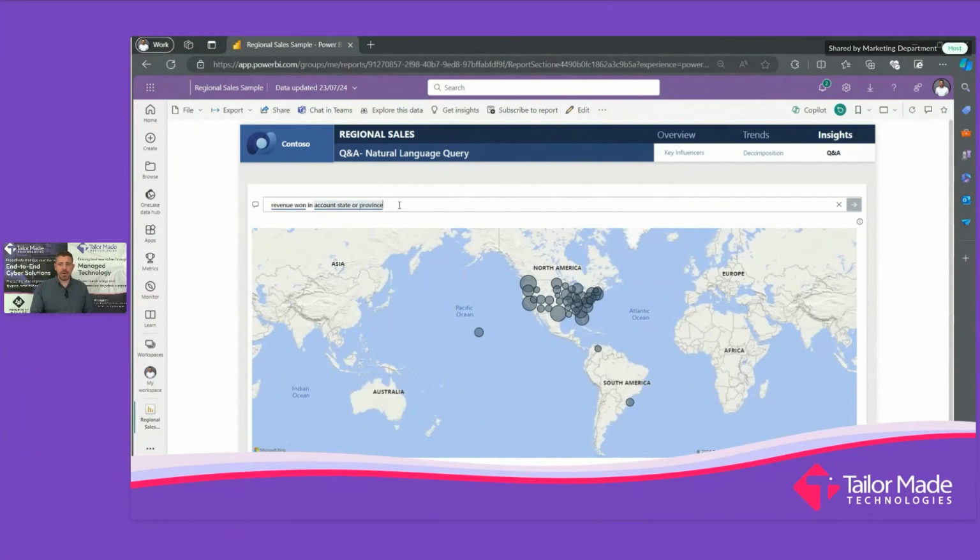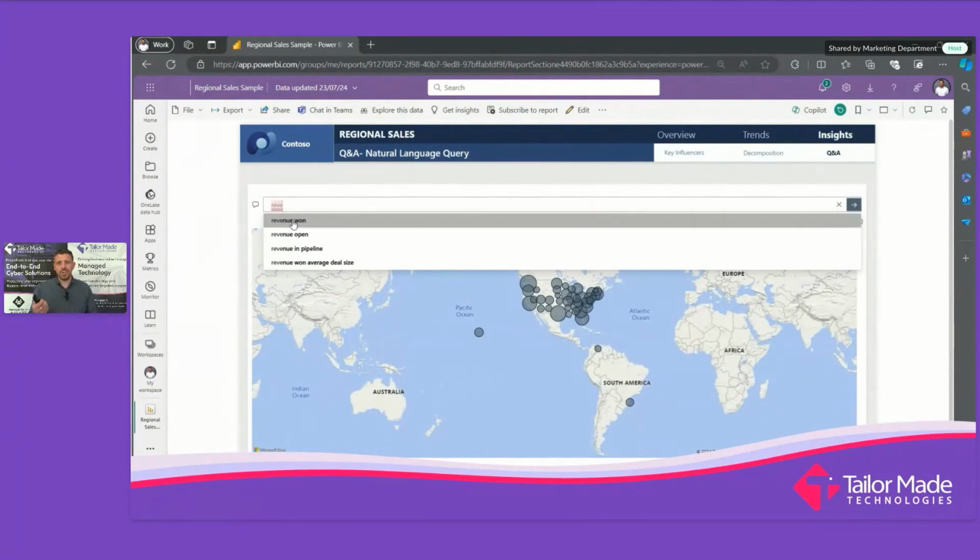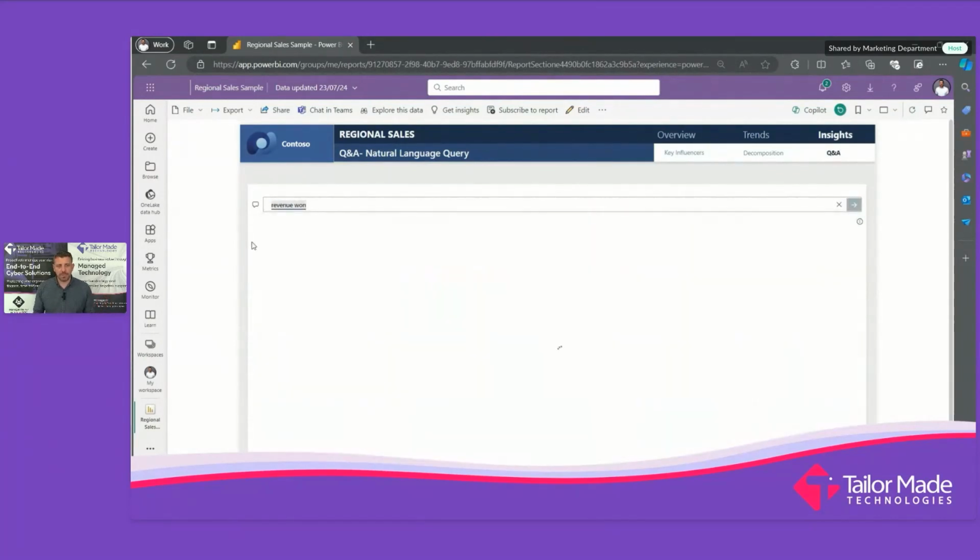Something that's very, very powerful though is the ability to ask questions of your data. And this again is a fairly advanced setting. But here, I don't have a widget. I don't have a visualization maybe to answer some of these questions. So I'm going to use a Q&A section of the advanced report to say, what was the revenue won? I'm just going to throw something basic in to start with, right? Revenue won, 26 million, okay, across the data set that we've got.